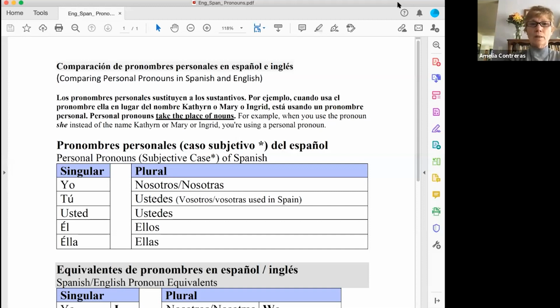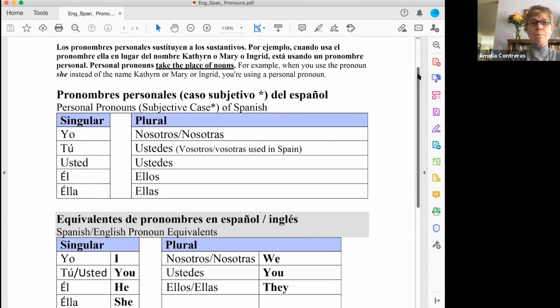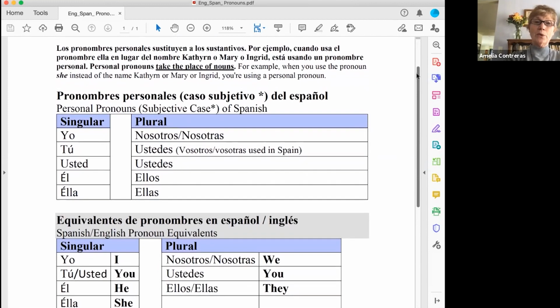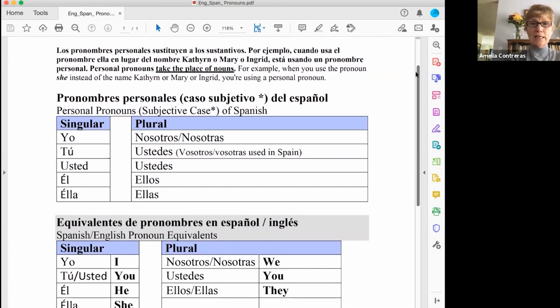And the last document to share is this document about subject pronouns, a comparison between those in English and in Spanish. Here we see a chart that shows those in Spanish. The singular forms, meaning one, and the plural forms, meaning more than one. Let's look at the comparison for more information